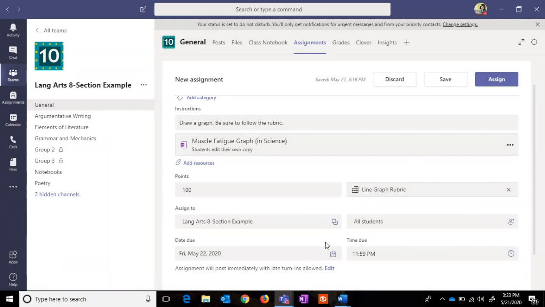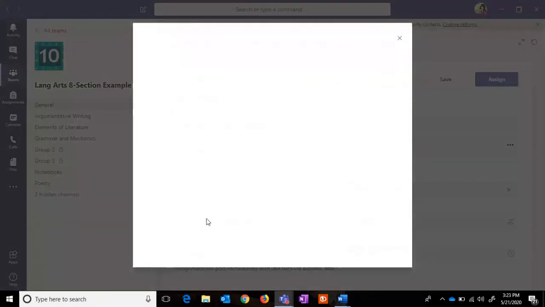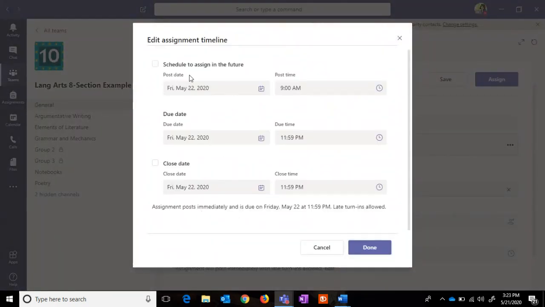And now it's due tomorrow. I can schedule a due date and a close date, which will accept late work. So I'm going to accept late work